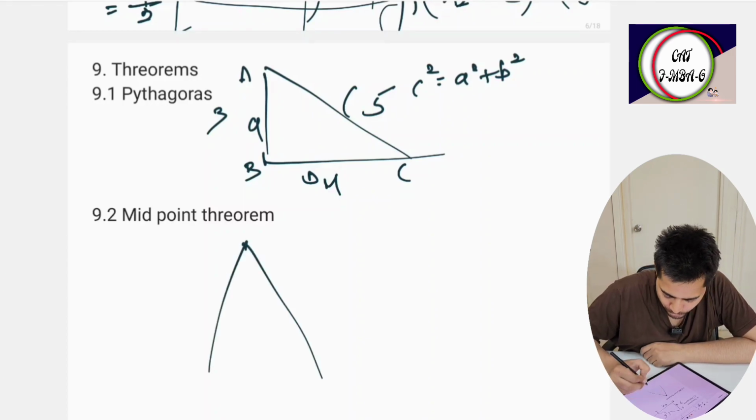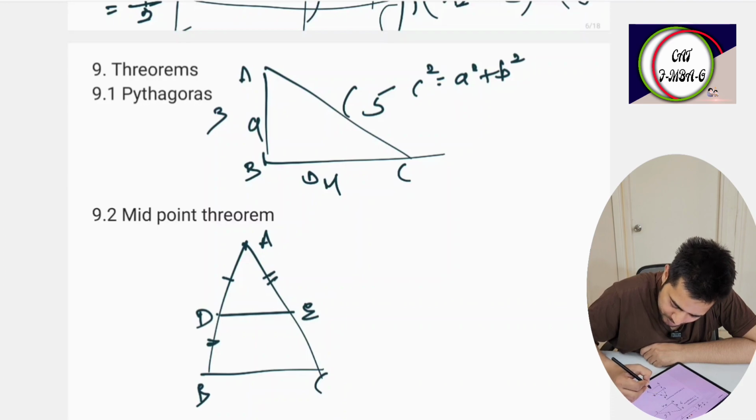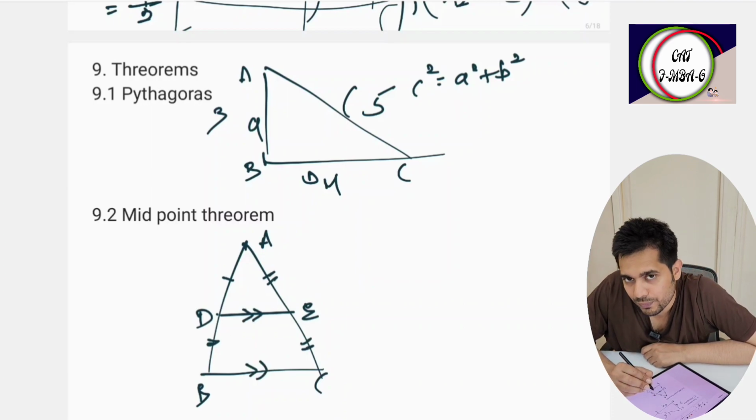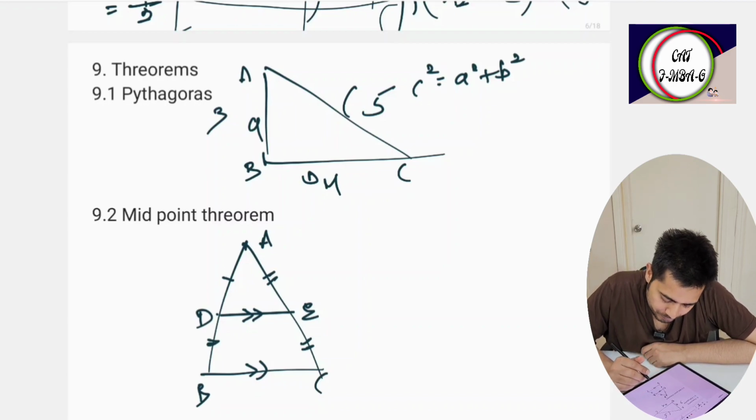Another theorem is the midpoint theorem. So take triangle ABC and draw D and E like this. D is the midpoint of AB, and E is the midpoint of AC, then DE is going to be parallel to BC. This is the midpoint theorem, or vice versa. Okay,